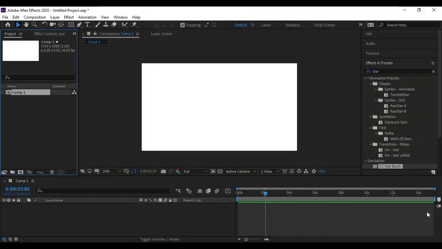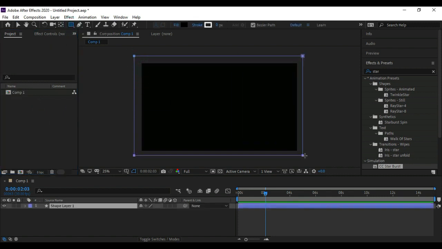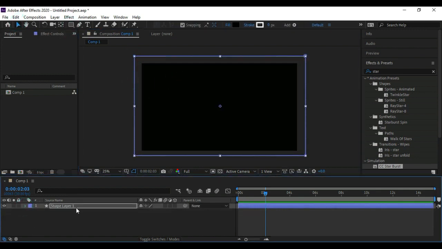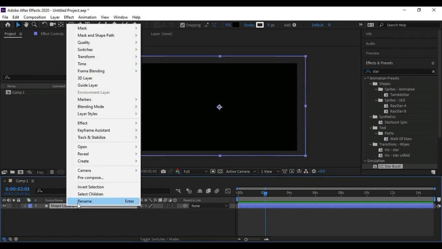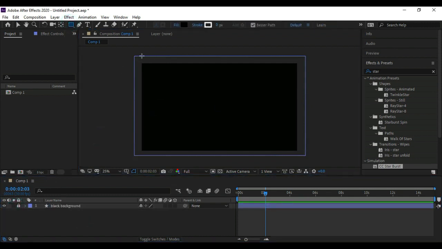In this session, we are creating a starburst effect in After Effects. So let's start. First, let's create a background. I will prefer the dark one with black, and let's rename this to black background. Now let's lock it. Now let's create another